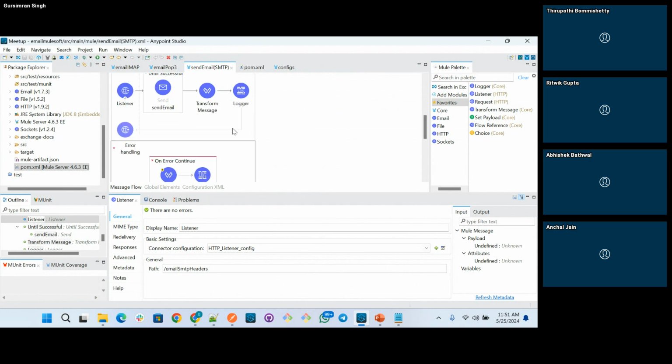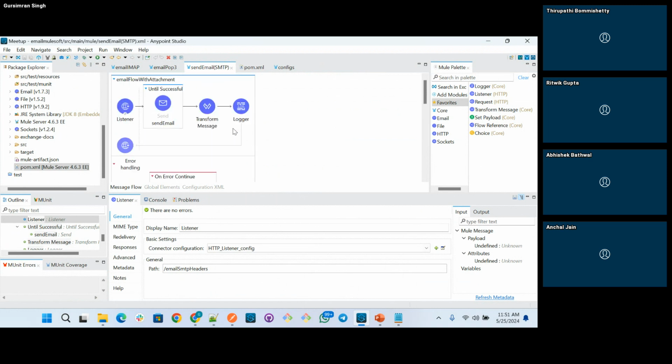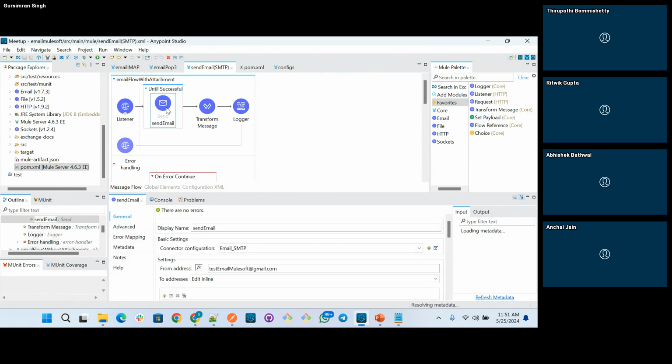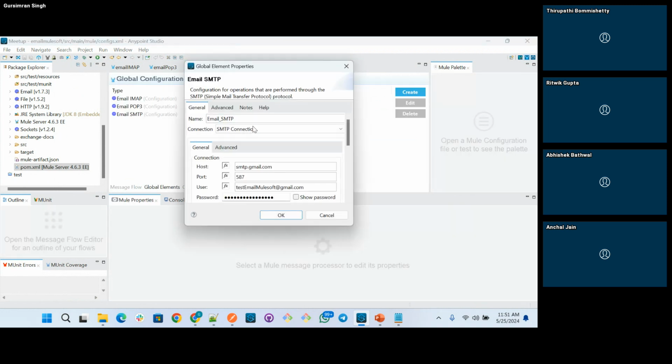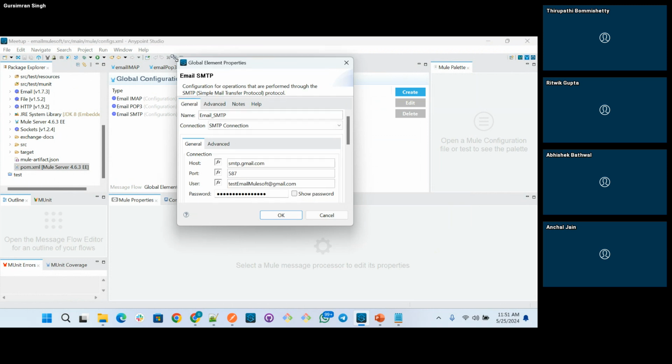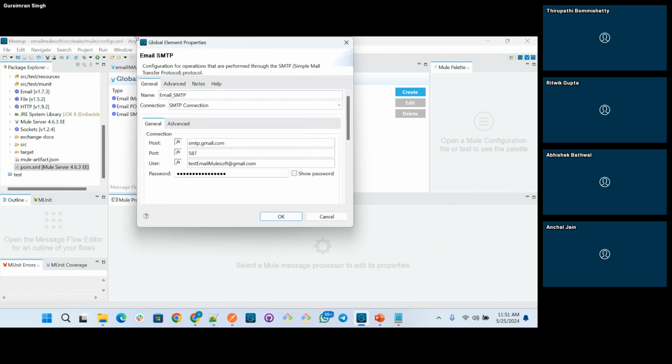Okay, moving to the next thing. This is something very important I forgot to add at the start. If you just do this connector configuration here with the host, port, username and password, can anyone tell, will it work or do we have to do some other settings also?